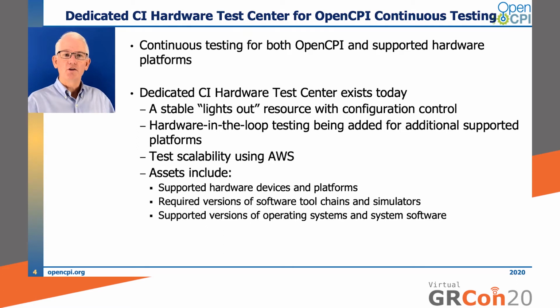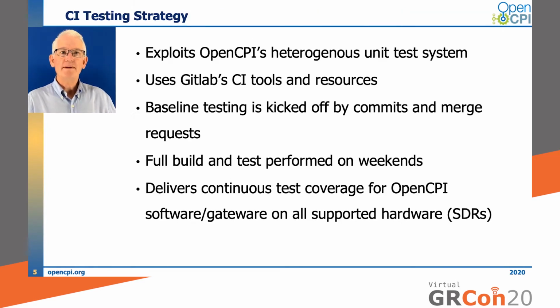Assets include supported hardware devices and platforms, the required versions of software tool chains and simulators, and supported versions of operating systems and system software. OpenCPI's CI testing strategy exploits OpenCPI's heterogeneous unit test system, uses GitLab's CI tools, and baseline testing is kicked off by commits and merge requests. Full build and tests are performed on weekends, and this delivers continuous test coverage for OpenCPI software and gateware